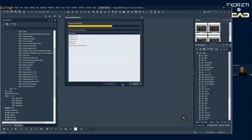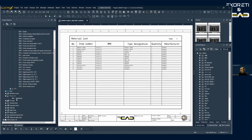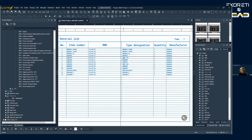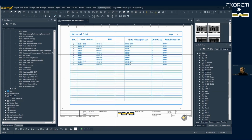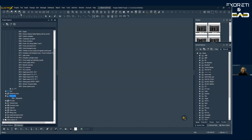And now we got the filter. Okay, we have to wait. Yes, we get the filter. Here we have all protection elements, reference name with F. Of course, we can also do it more, right? And if we again click a generate,